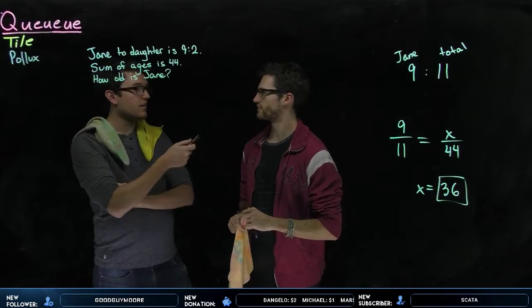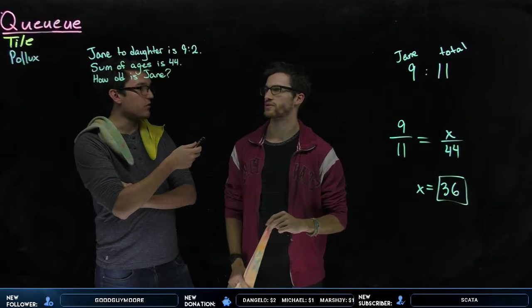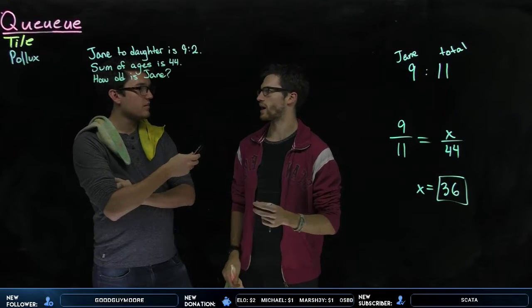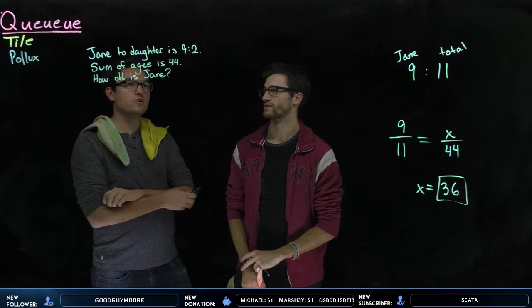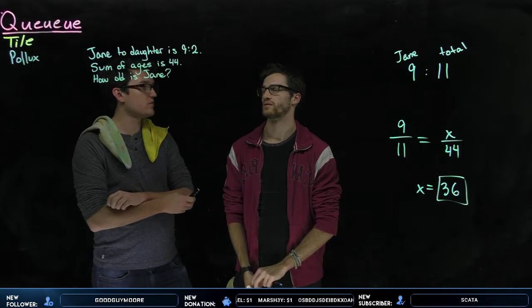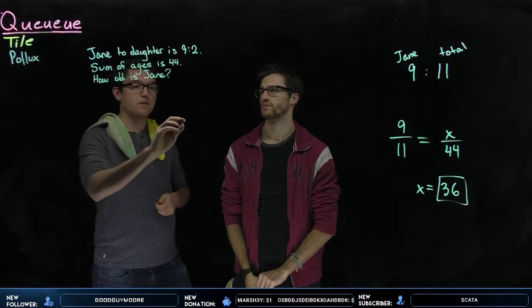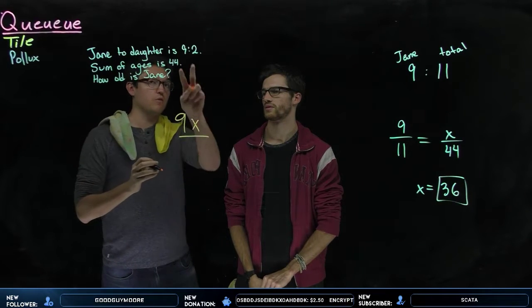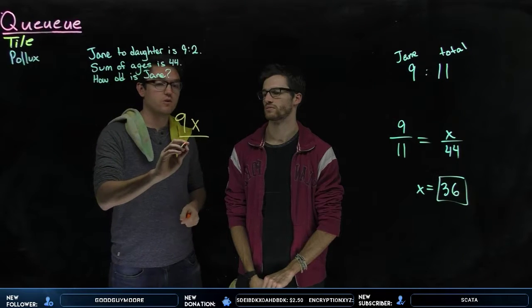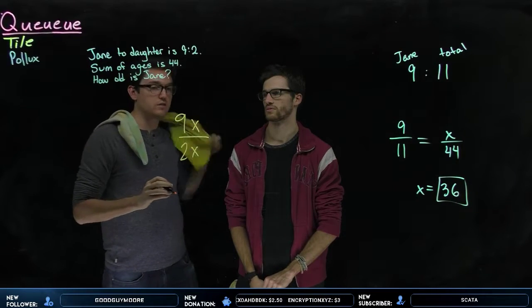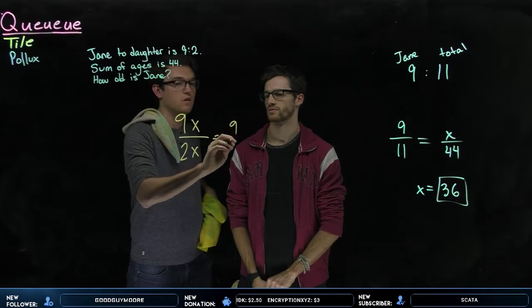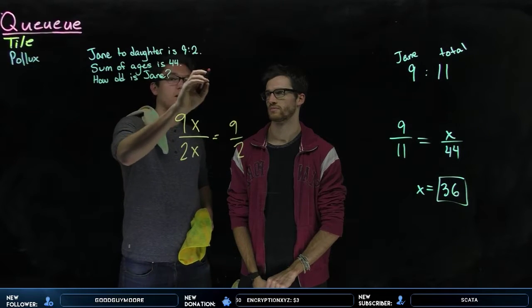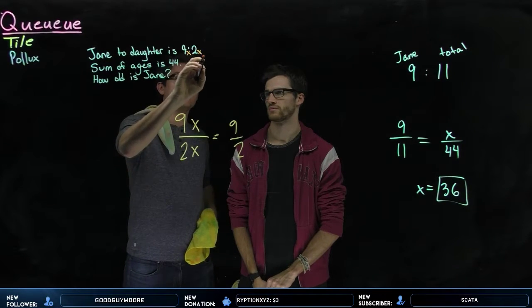Should I do another way? Yes. What's the other way you're going to do? Is there an x in there? I was going to do an x and y and make a system of equations. Oh, I was just going to do 9x and 2x. Because we don't know how much bigger their ages are than 9 and 2. It might be that they're both double, like 18 and 4. So 9x to 2x is the same thing as 9 to 2. There's nothing wrong with throwing an x into both of these. And then we could just